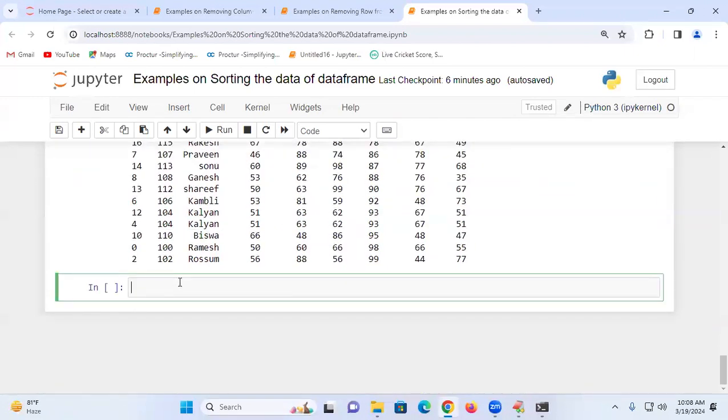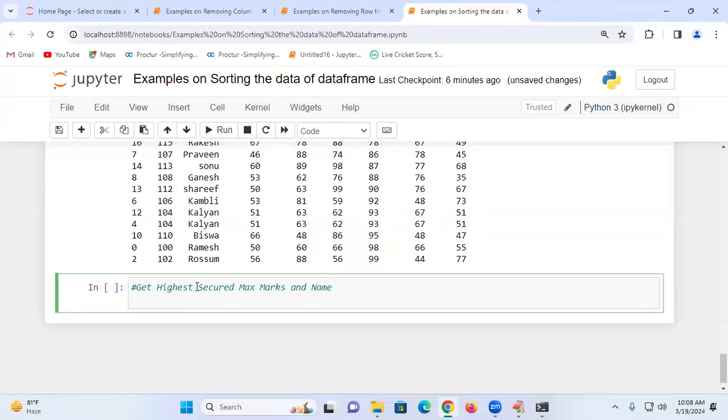How do you get it? Get the highest maths marks, the highest secured max marks and name. How do you get it? df dot